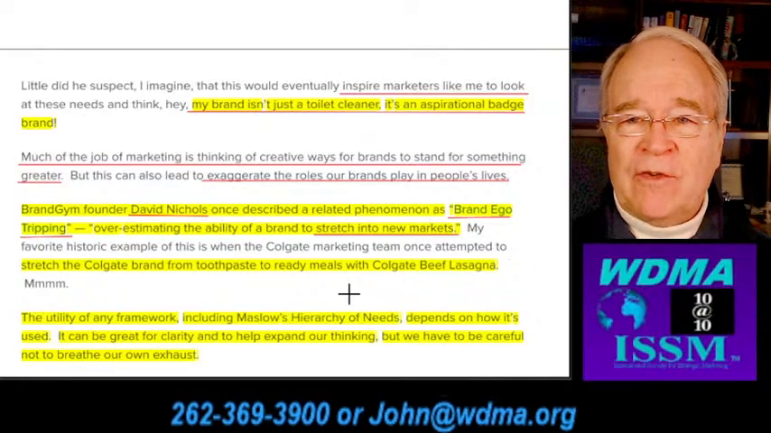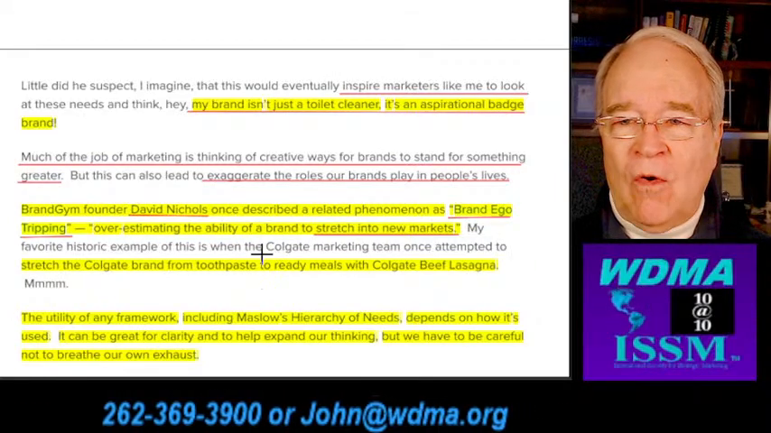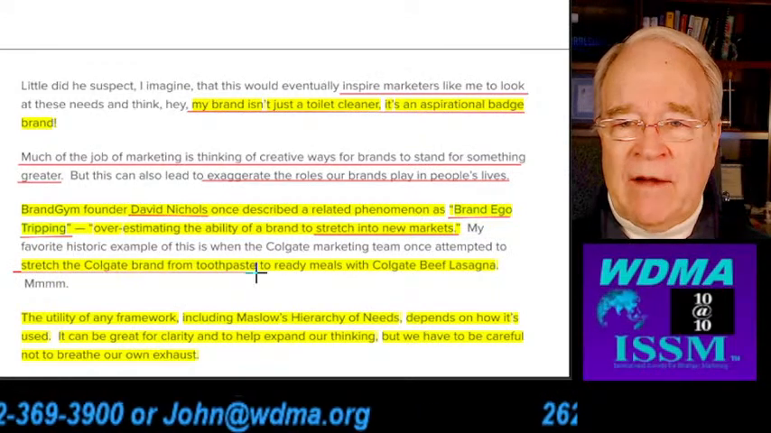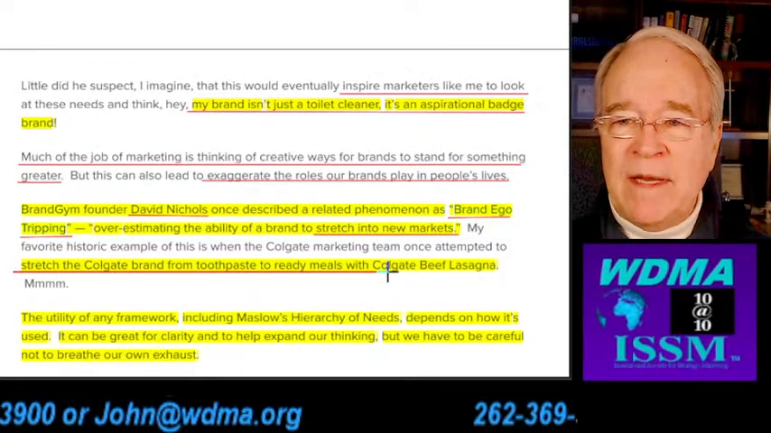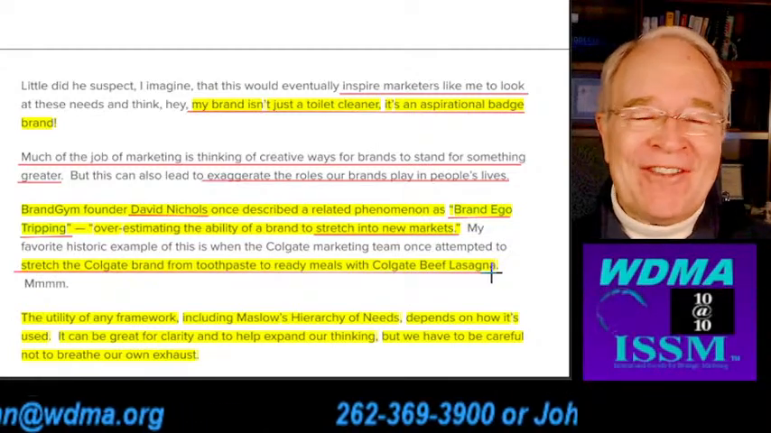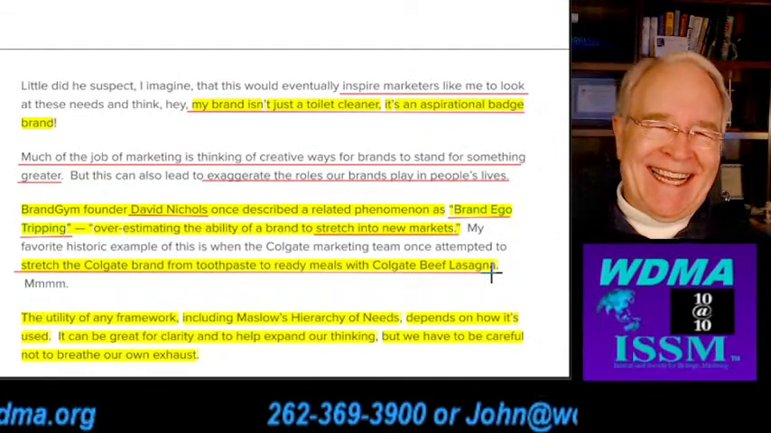Okay, my favorite historic example is when the Colgate marketing team once attempted to stretch the Colgate brand from toothpaste to ready meals with Colgate beef lasagna. I don't remember ever seeing that, but